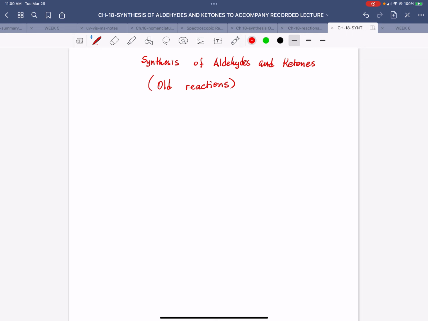Hello everyone. So today we're going to talk about synthesis of aldehydes and ketones. First we're going to go over all the reactions and then we'll move on to new reactions. So I'm going to go in the order in which we've learned about ketones and aldehydes from Chem 105 and beyond. So from chapter 8, this is where we learned for the first time how to make ketones and aldehydes, the reaction from alkenes